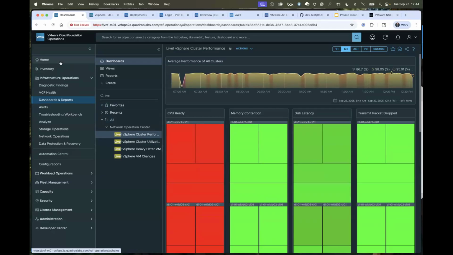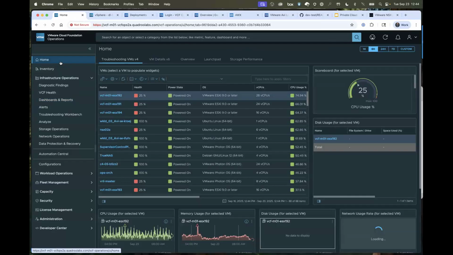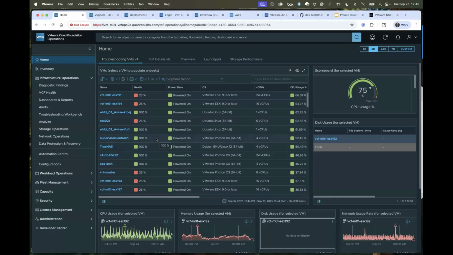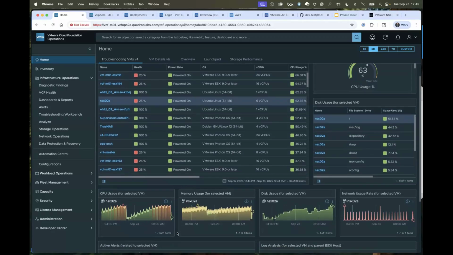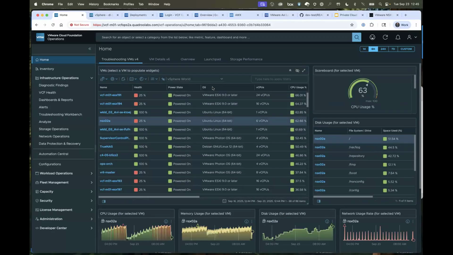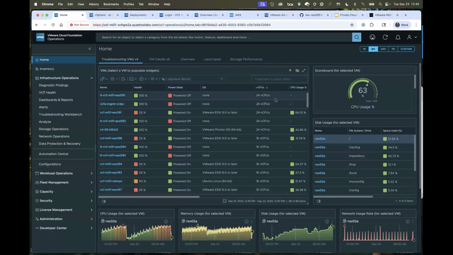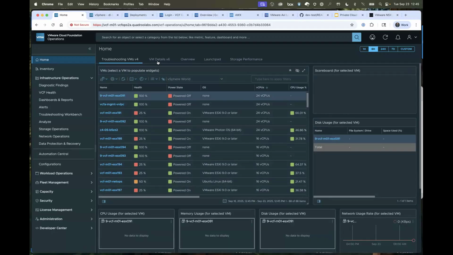Not out of the box, Christopher, are some of the dashboards that our friend Brock Peterson posts in his GitHub repo that can be downloaded and imported into your environment. So for instance, this is one of my favorite dashboards that I look at a lot, this troubleshooting VMs. I could pick a specific VM and then it's going to show me metrics for that particular VM. We can do searches to find which VM has the most vCPUs, that type of thing, and then get more data on that particular item.